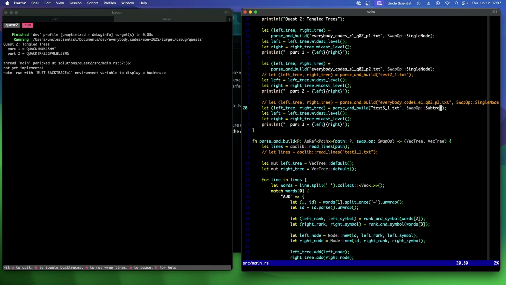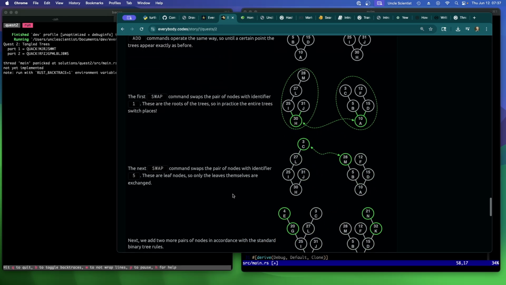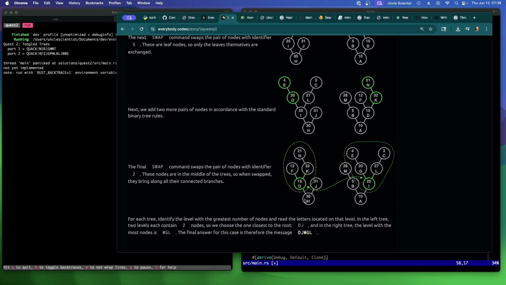We haven't implemented this. This is a little trickier, isn't it? Because we need to move the entire thing over, which means, yeah, if we're just moving a single node, that's fine. But if we're swapping D and I, for example, we need to get D plus all of its, anything it's pointing to, plus anything it's pointing to, all the way down to the end. And then insert that here. And we can't just use a regular insertion function. We actually have to